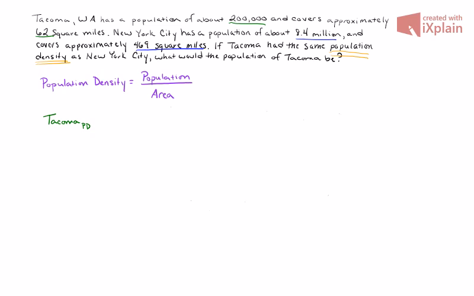If you want to change this up and make it your own, go for it. For Tacoma, the population is 200,000, and I'm going to divide that by the area of 62 square miles. If we grab our calculator, unless you are super brainy and able to do this in your head, if so, I bow to you, we get